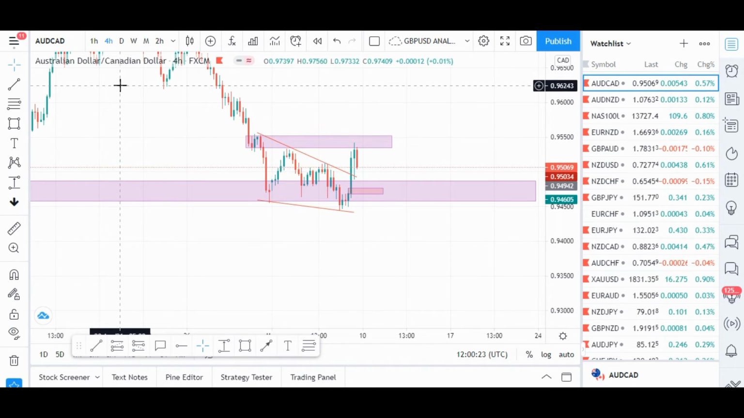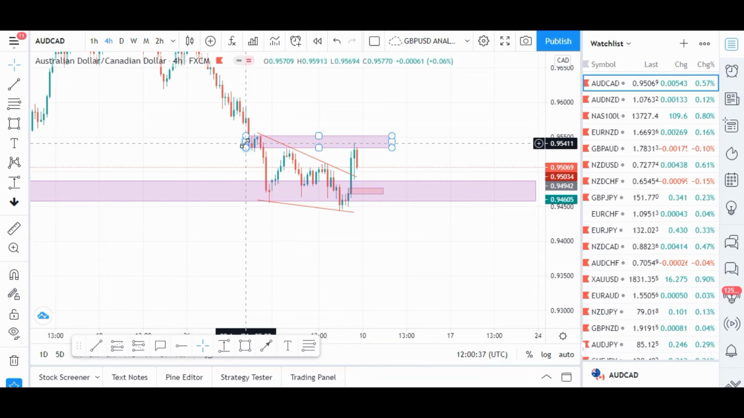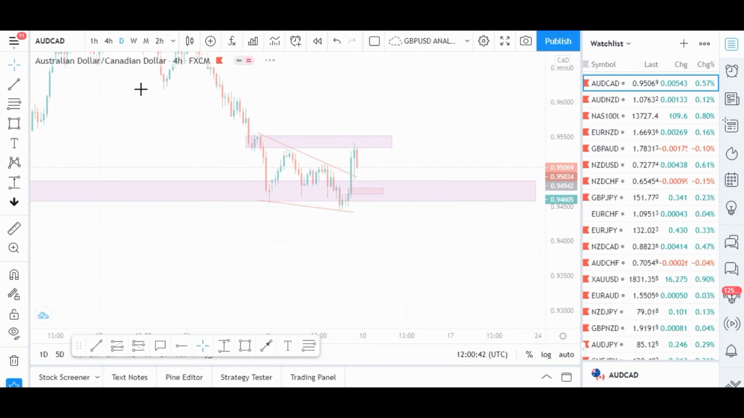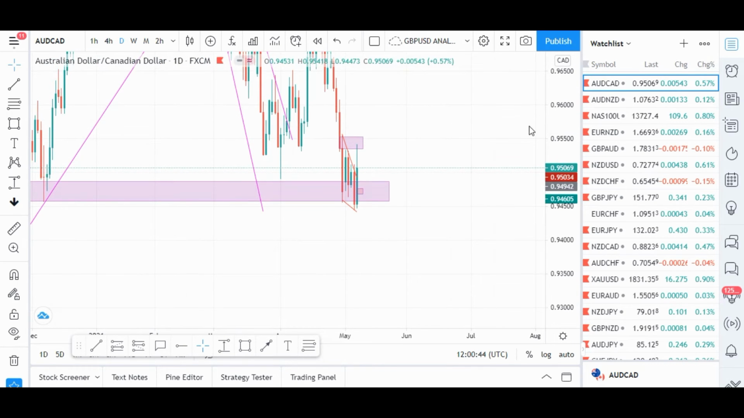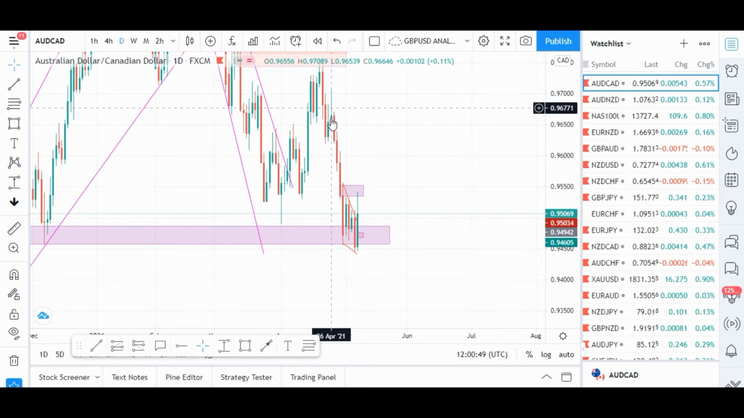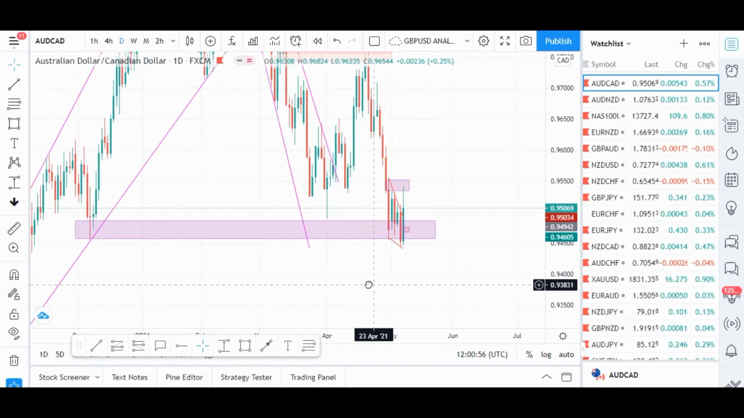Now the thing is that from this pair, I'm looking at the market to make a strong retracement to the upside. I know the overall trend of this market is to the downside, but I am expecting this market to make a pullback to the upside. Now I'm saying this from my analysis on the daily time frame. We can see that the market moved impulsively to the downside from this level. Now we go to this area of support, and we are seeing